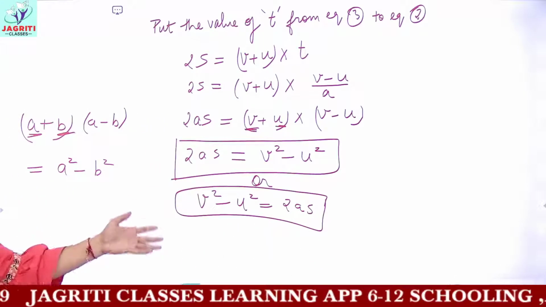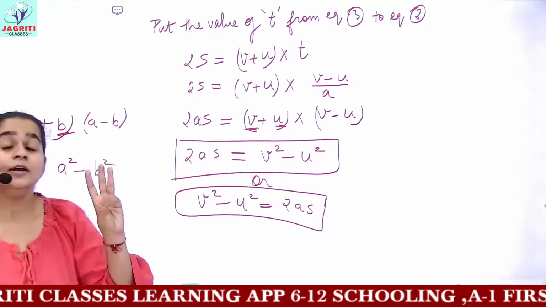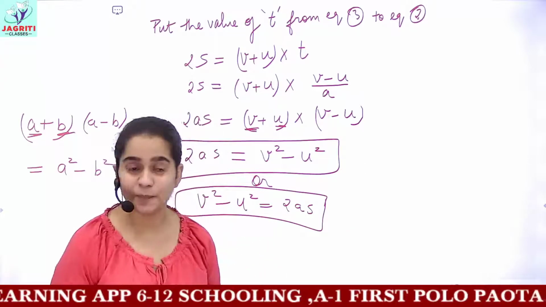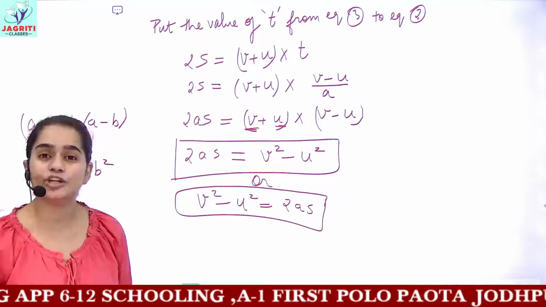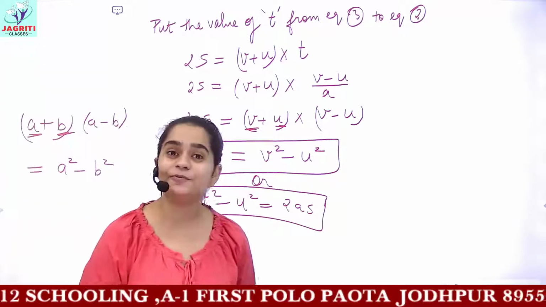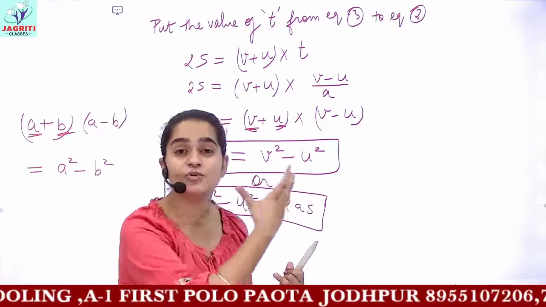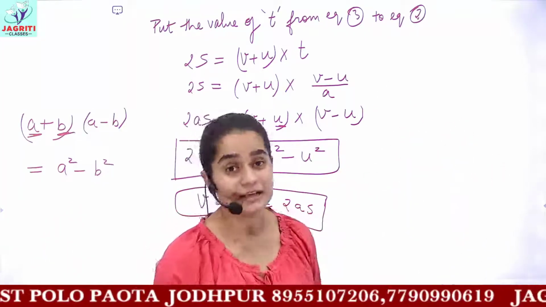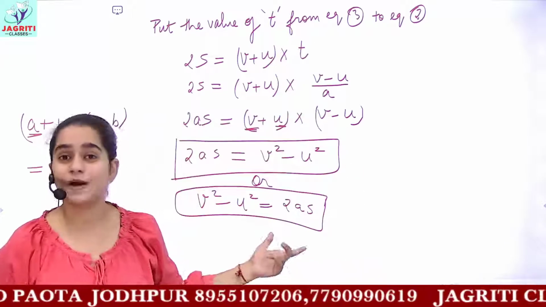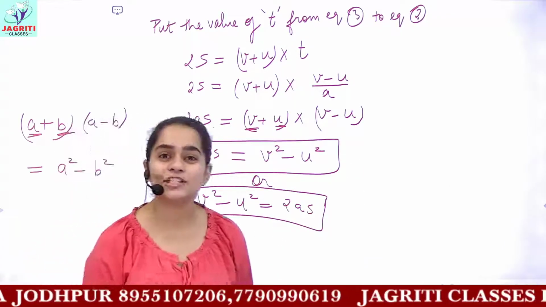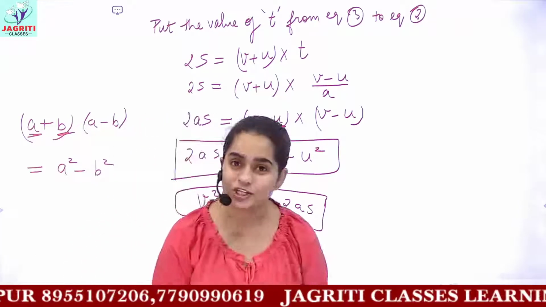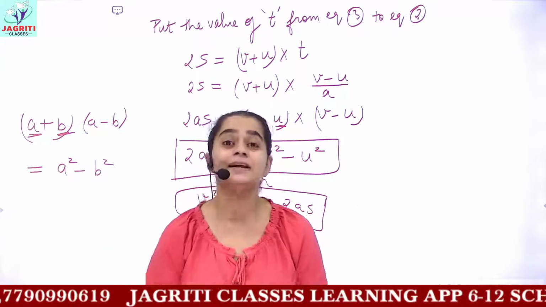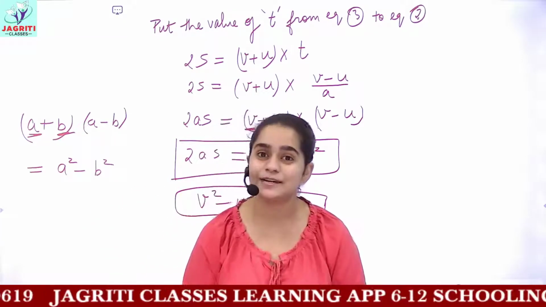So this completes all your derivations for the three equations of motion, their graphical derivation. This is a very important topic, and you may get any one of the equations to derive. So you have to make the graph, state the assumptions you have taken, that is, an object is moving with velocity u, then it changes velocity to v in time t, and then derive just the equation you have been asked. Or you might get a long question asking you to derive all three equations of motion graphically. So this completes a very big topic from this chapter, graphical representation of all three equations of motion.